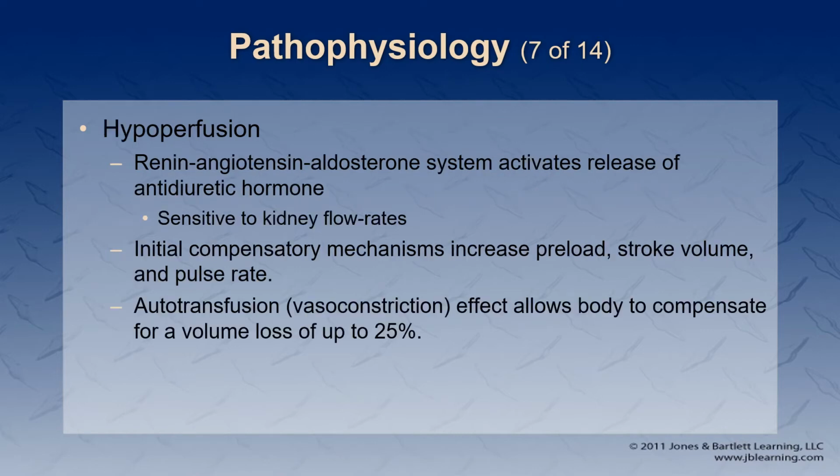So when there is hypoperfusion, what are some of the other mechanisms that we get? It's not just vascular clamping down. There's other systems that get activated. So your kidneys are sensitive to the amount of blood running through them. We call it the GFR, glomerular filtration rate. So when your kidneys are seeing decreased flow through them, they start excreting a protein known as renin, and that sets off this renin, angiotensin, aldosterone system that culminates in your brain dumping